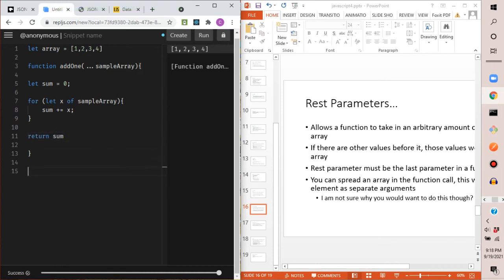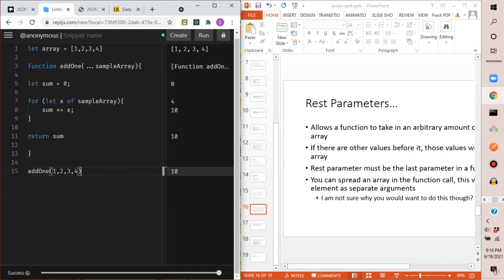Okay. I had the array up there on line 1, but tell you what, I'm going to call this function, and this is not a good name for it because I'm returning a sum here. So the rest operator there, those 3 dots, are going to signify this takes in an arbitrary amount of arguments, and it's going to convert it to an array. So if I pass in 1, 2, 3, 4 here,